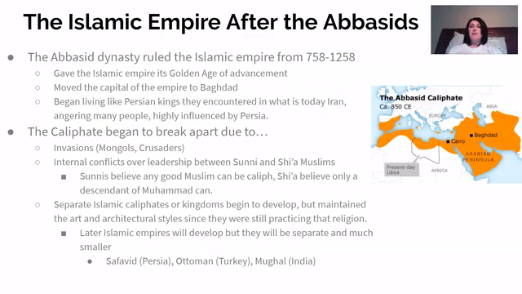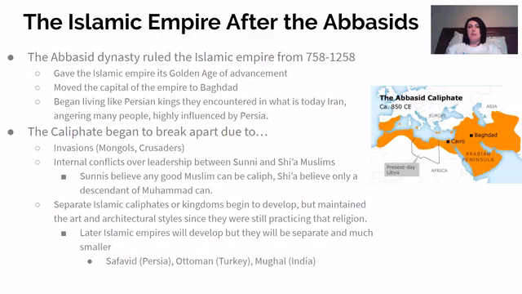The closer they got to Persia, they started to admire the Sassanid Persian kings. And eventually they will take over this area and spread Islam into Persia, or what is today Iran. But they started to admire the way that the Persian kings lived, very decadent, wearing a lot of purple, having a lot of stuff. And that started to kind of become a problem for the people of the Islamic Empire, especially people who had really liked the Umayyads, because they were kind of defying what the whole idea of Islam was about. It wasn't about material wealth necessarily as it was charity, and they didn't feel that they were truly the rightly guided caliphs.